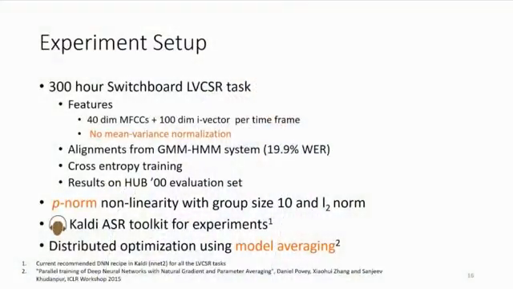So in order to test out the basic setup, we started doing experiments on the Switchboard LVCSR task, just the 300-hour subset version. And I'll briefly describe the setup, because I'll be using this particular setup at several places in this presentation. We basically use a 40-dimensional MFCC representation, which is essentially a filter bank, but with the DCT transform. We do that because we want to reduce the bandwidth usage when we are transferring data across nodes. And in order to do what is termed as instantaneous speaker adaptation, we append a 100-dimensional i-vector for